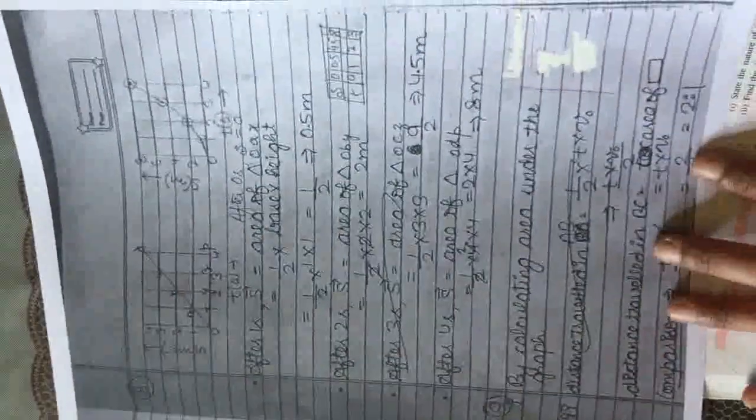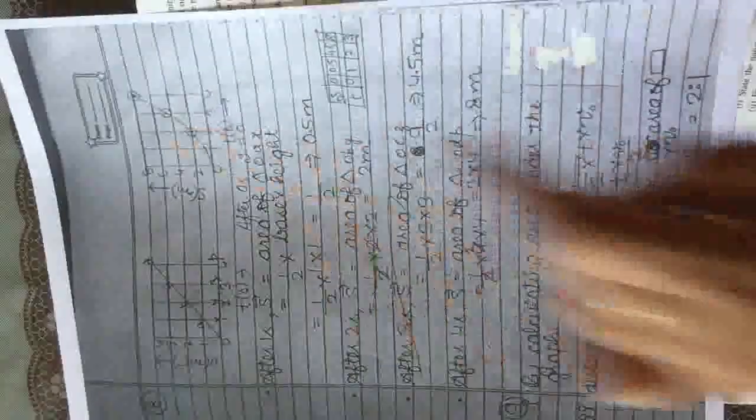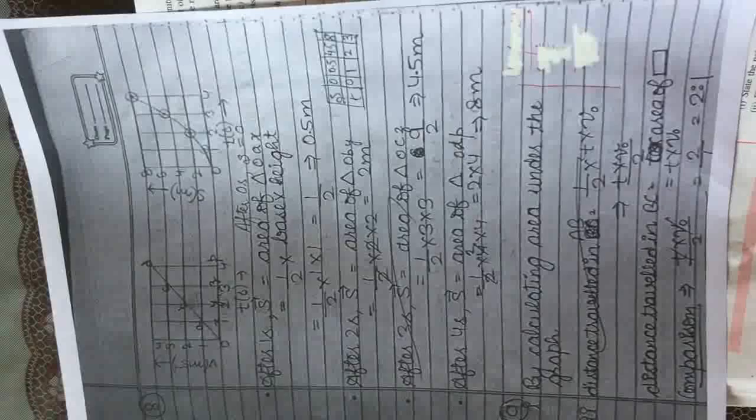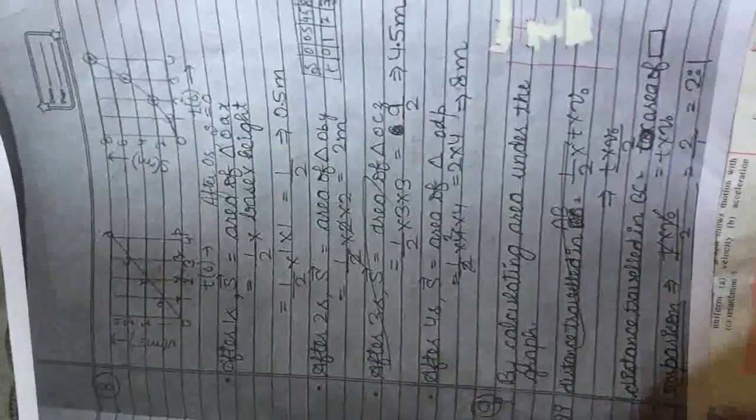And after calculation, we will get these readings. From these readings, we can plot displacement time graph. Okay, next one is they have given a graph. You can see over here they have given a graph. In this graph, their first question is: state how is the distance traveled in any part determined from this graph.